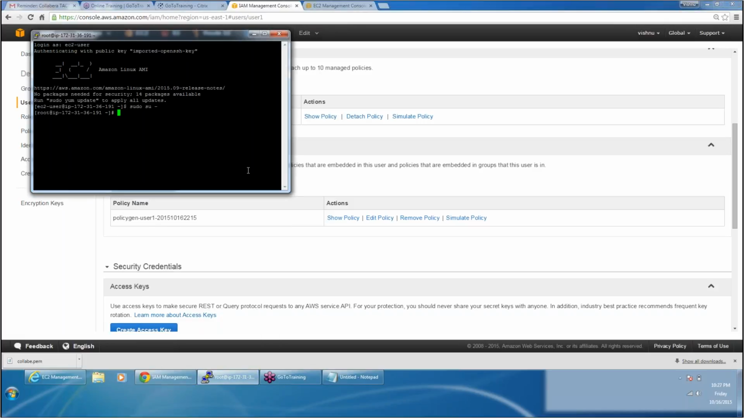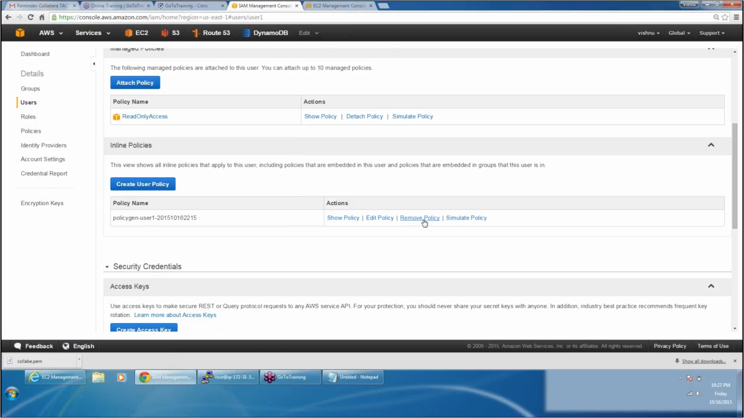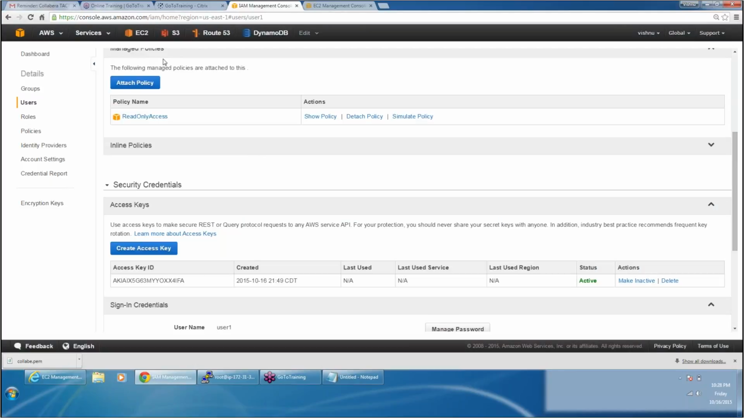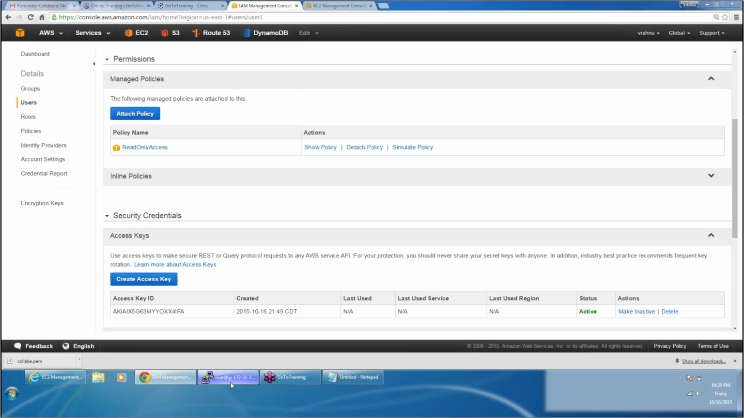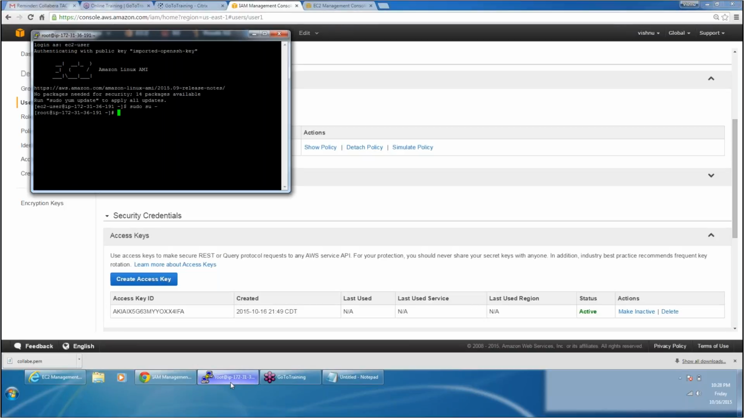For now, what I'm going to do is simply remove this policy so that we can see something. I can remove the inline policy. Right now what this user has is the read-only policy, right? So from here, now we want to connect to my AWS service, right? For that, I have to type in